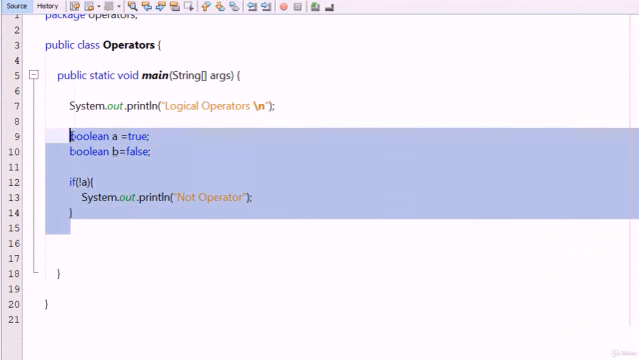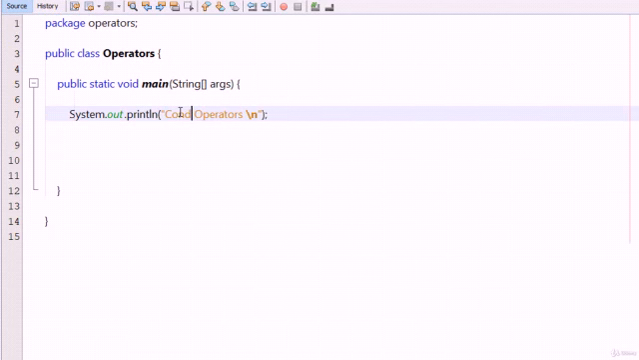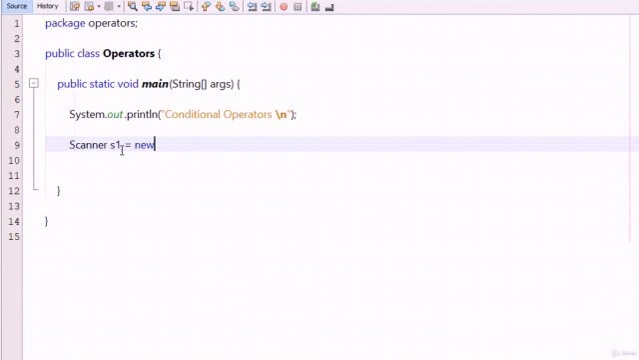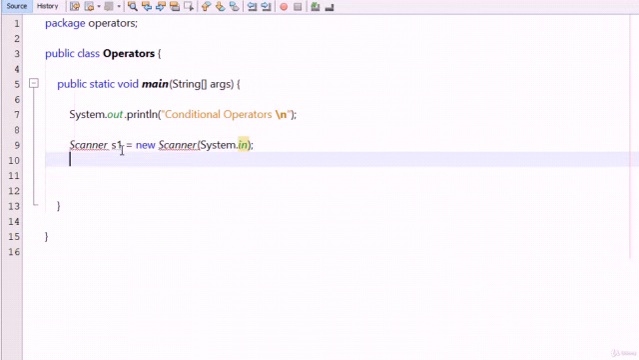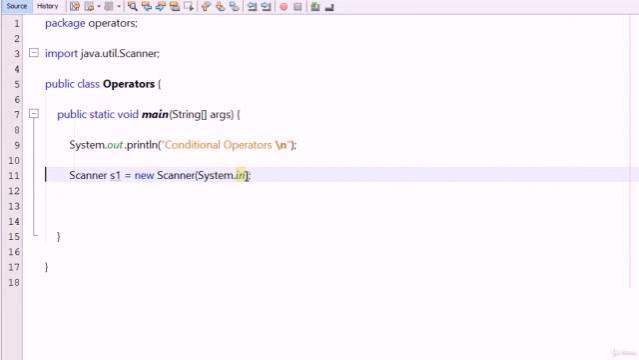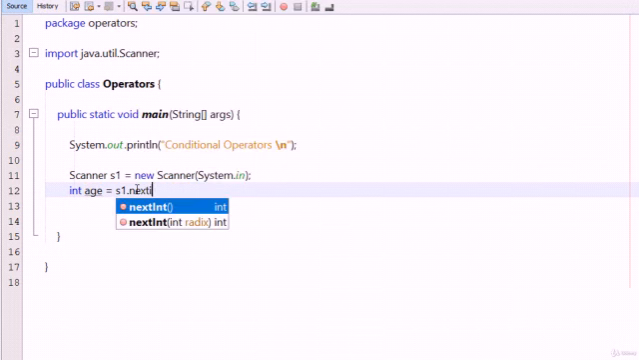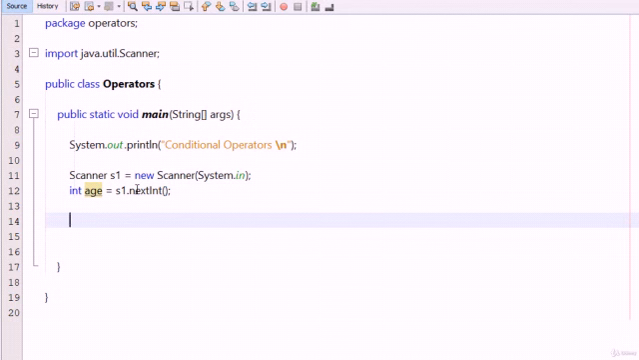Okay, so I remove these lines from here and change it to the conditional operator. Now I'm going to take the input from the user. So I type here Scanner s1 equals new Scanner(System.in), and then I import the Scanner class in my program. I type int age, and you can say s1.nextInt(). Okay, now I type String result, and I type the condition that if age is greater than 18,